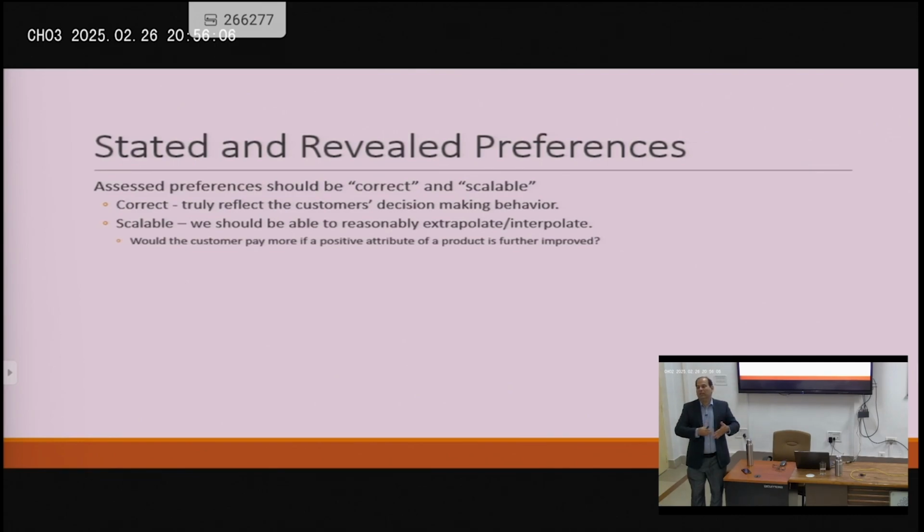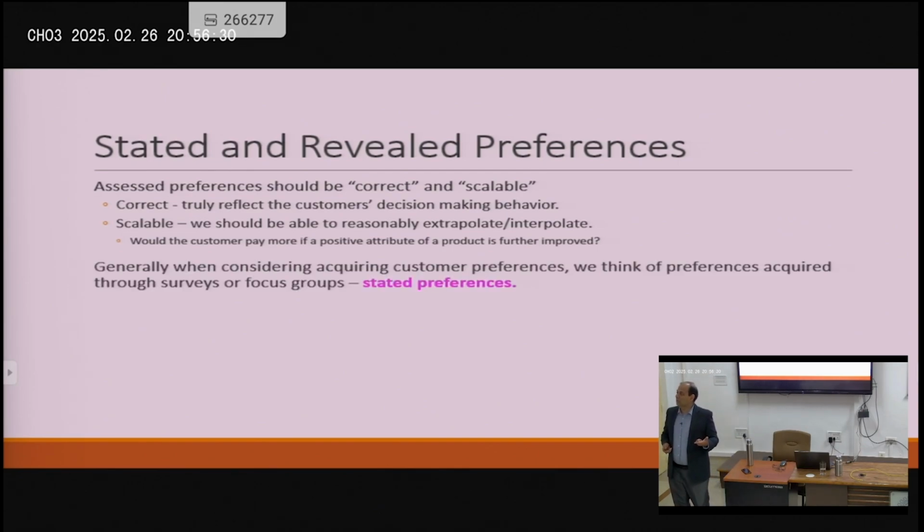Of course, we can't scale it to any number. We can't say that, I don't know, a $20,000 car. We can't say, oh, what about a $2 million car? No, but if we have preferences around 20,000, we should be able to reasonably say, you know what, if we increase this by 2,000 and decrease that by this, our model still is accurate, okay, and it still gets us something. So scalable and correct. Those are the two things that I would say about